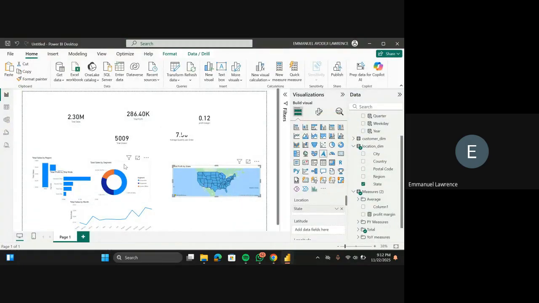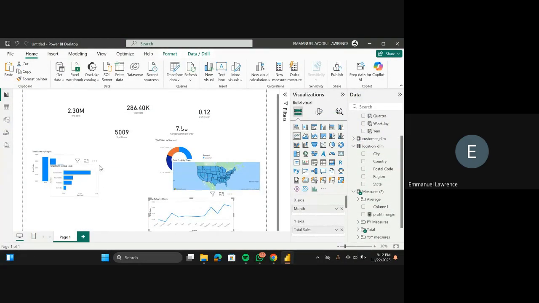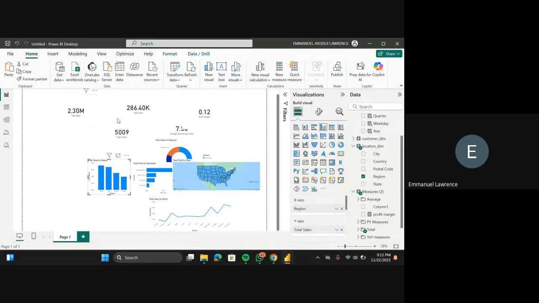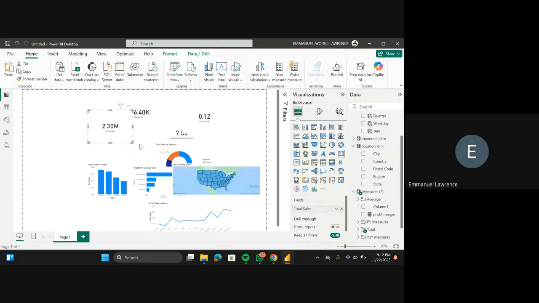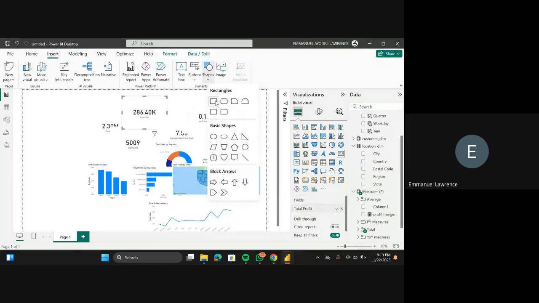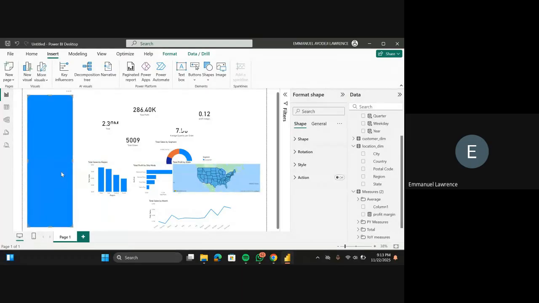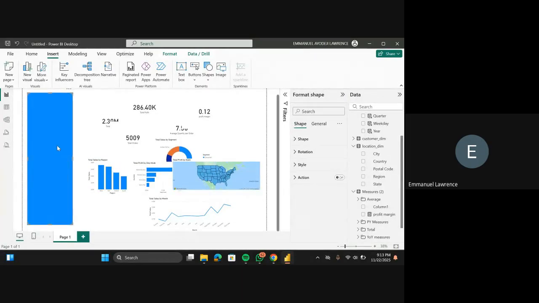Okay. So I'm trying to create a side navigation bar. To do that, I'm going to bring all of these things here. If we are trying to create multiple reports, the sidebar will be very good, but we can still add it here. To create it, I'm going to insert a shape. I'll click on Insert, click on Shapes, and click on Rectangle. So I want to insert a rectangle here. This is the side navigation bar I'm trying to create. I'll drag this down.